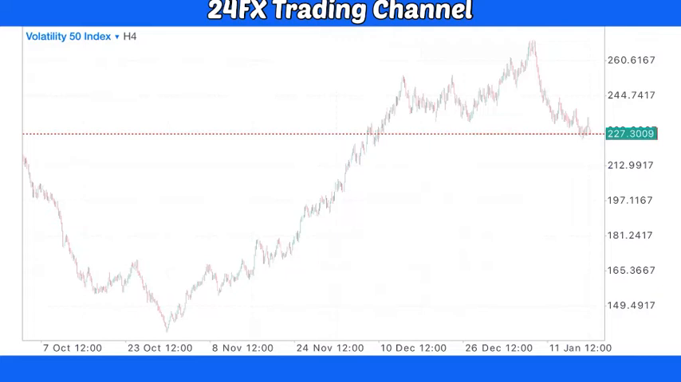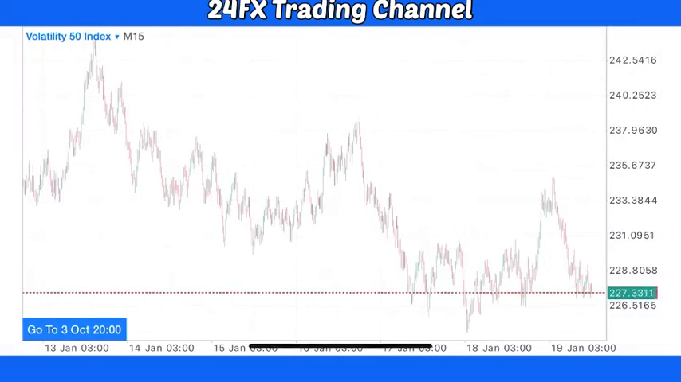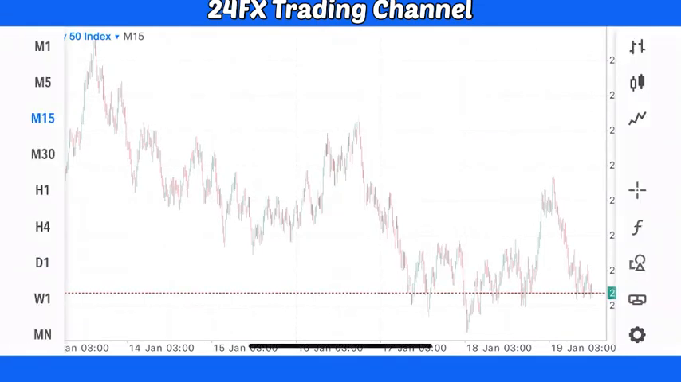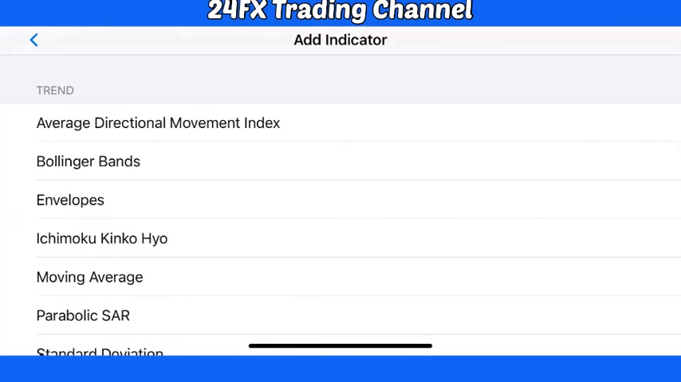Okay, all right. So now we head back to the 15-minute time frame and we click this F sign. We click this F sign. Now pay attention right here, because here is where the magic happens. So we click this main window and we look for